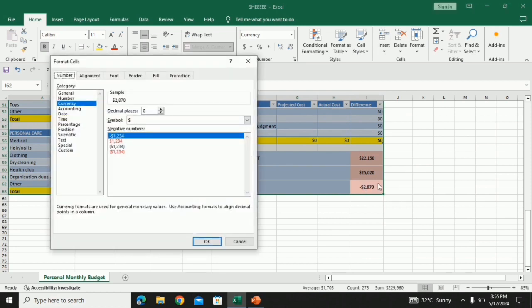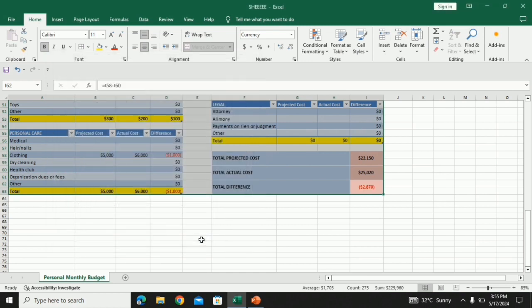And to highlight the negative numbers, click here. So that's how it looks like. Open close parenthesis, color red.